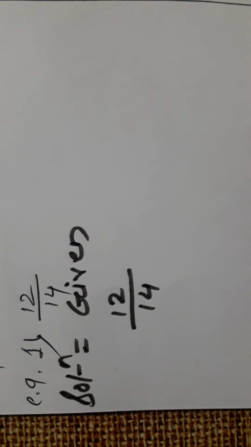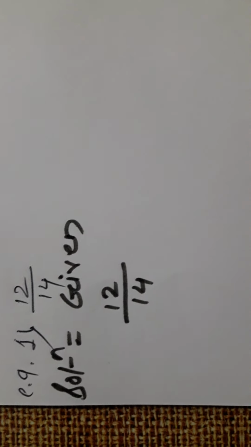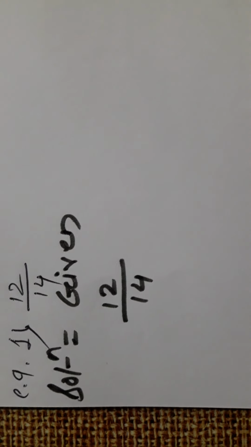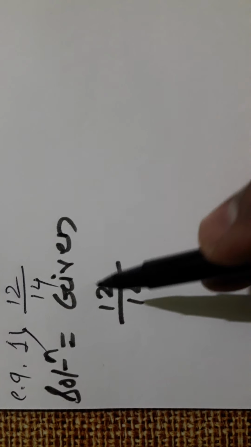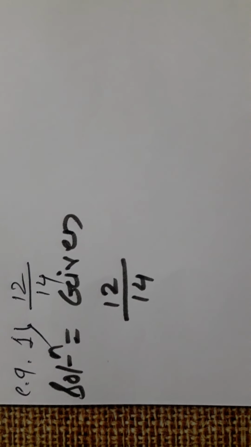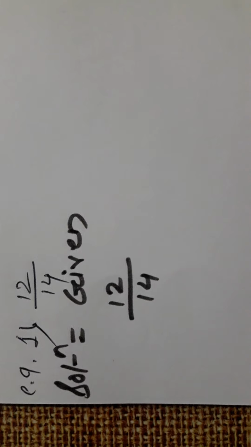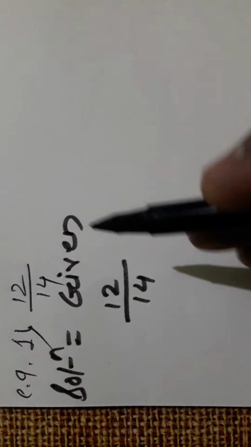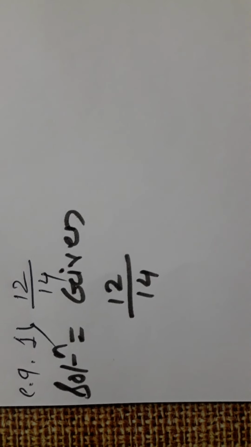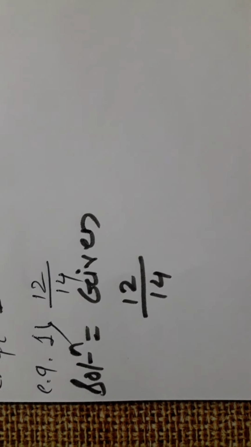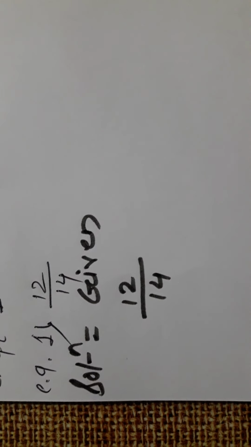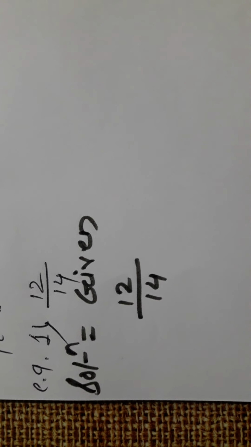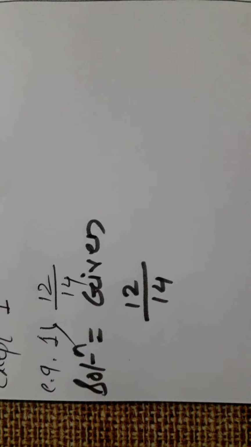Okay, now think about it. Here again, one thing I want to tell you. Suppose you are not perfect in the tables. If you are perfect in the tables, then you can directly find out in which table 12 and 14 both come, no problem at all. But suppose you are a little poor in the tables, then you have to start division using the smallest number. Which is the smallest number? 2 is the smallest number. Then 100% of students know the tables of 2, 3, 4 and 5 well. Up to 5 maximum you have perfected.